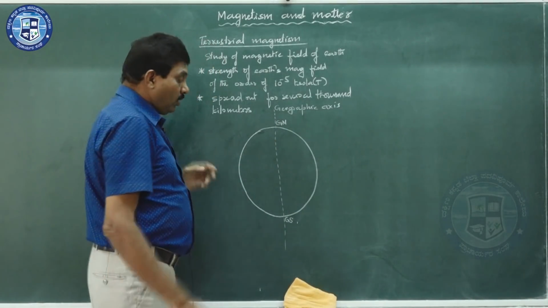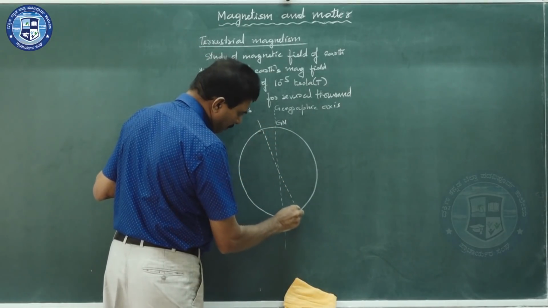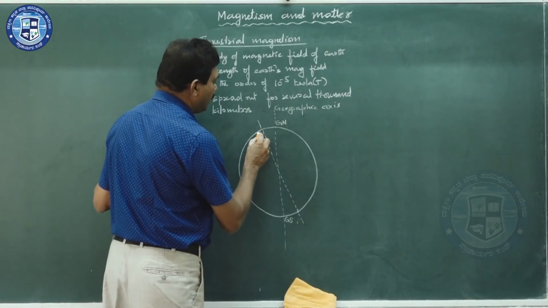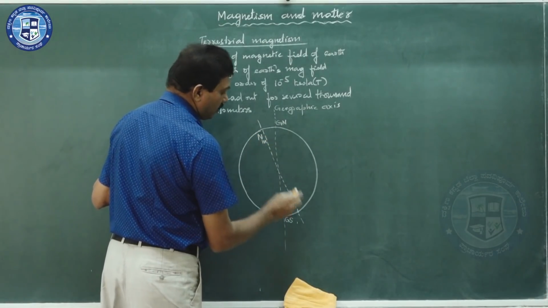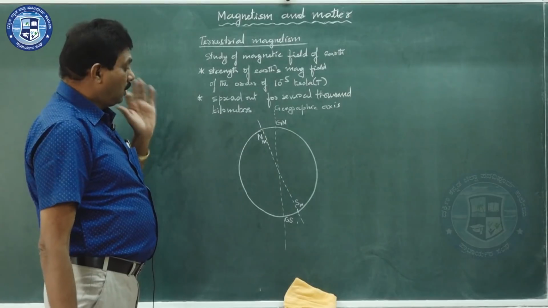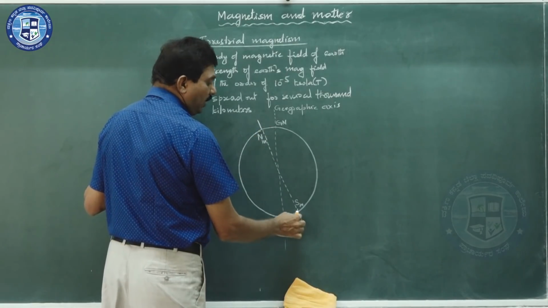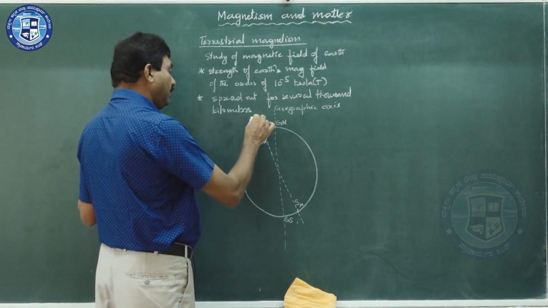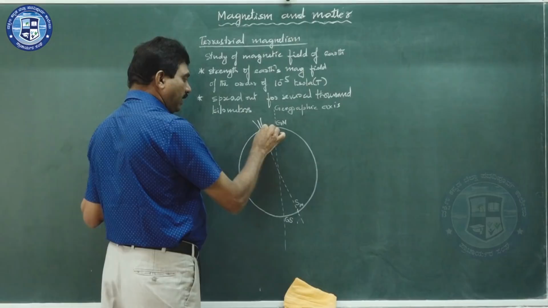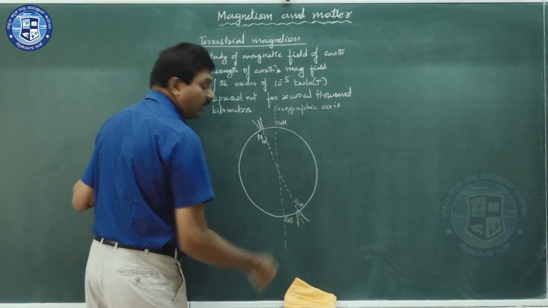geographic south. You consider the magnetic axis of the earth. Look at the magnetic axis of the earth. So, this is the magnetic north, this is magnetic south. But just imagine how the magnetic field lines. In the ordinary magnet, what you have seen, the magnetic field lines are emerging from north pole. In the earth magnet, it is not like that. Just you see, the magnetic field lines are always inward into the south pole.